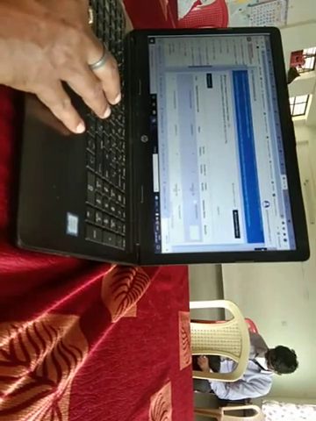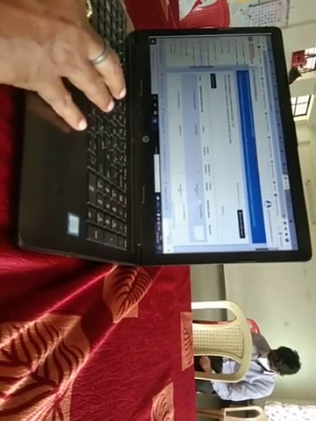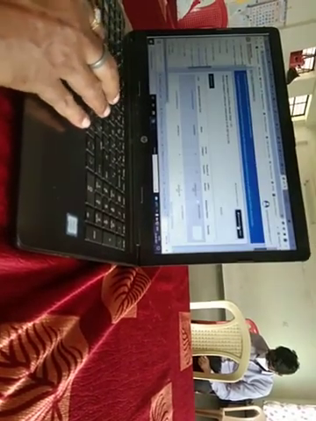Now this is the post lottery result for category 4. This is the list for category 4 lottery result. All are under waiting category. You will go to this only if any seat is still vacant till this category.